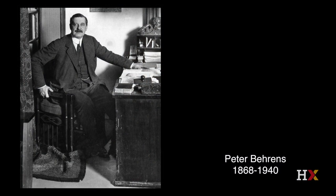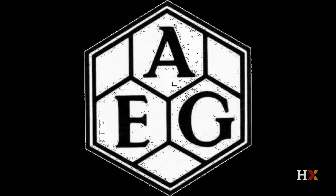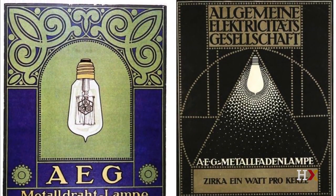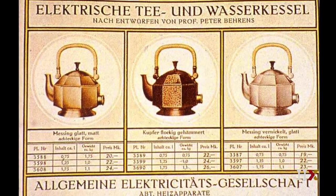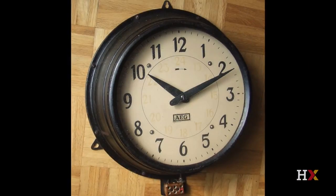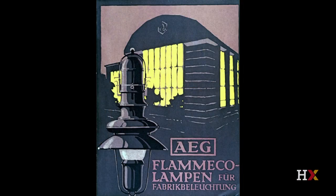The architect Peter Behrens in 1907 was appointed artistic director responsible for creating an entire image system or branding package for this international company. He designed the trademark. He was responsible for all the printed matter, as well as the design, at least the aesthetic styling, if not the technical design, of a full range of household appliances like fans and heaters and lamps. He was responsible for all the retail installations, and he even designed some staff clubhouses, as well as all the